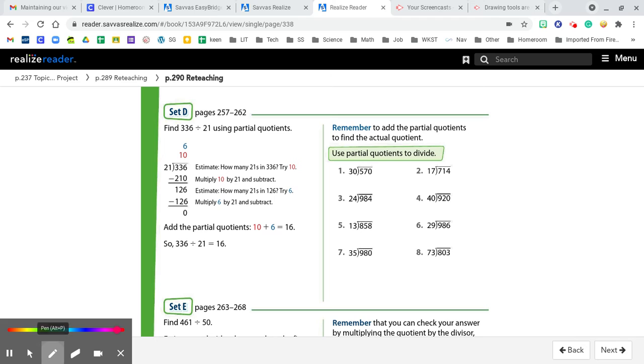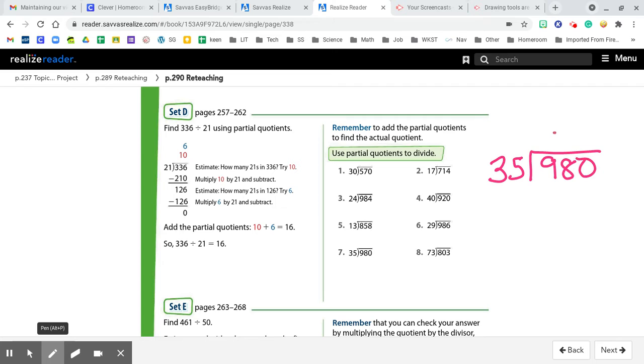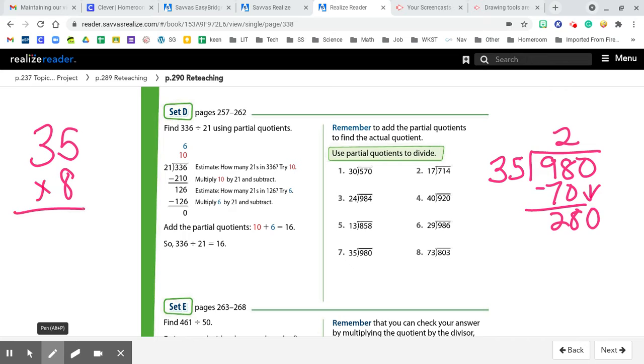And number 7, 35 goes into 980. 35 times 2 is 70. Now, how many 70s can I get out of 98? If I'm thinking mental math wise, how many pairs of 35 can I get out of there? It's 4. So that helps me target. If you can't figure that out in your head,